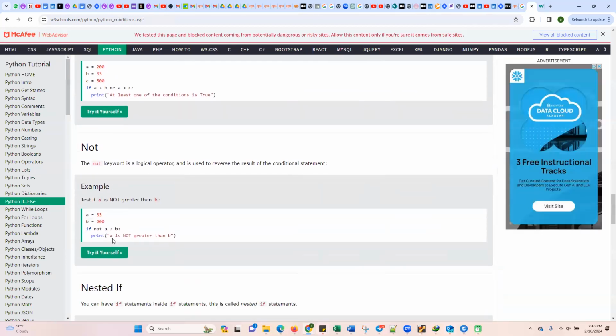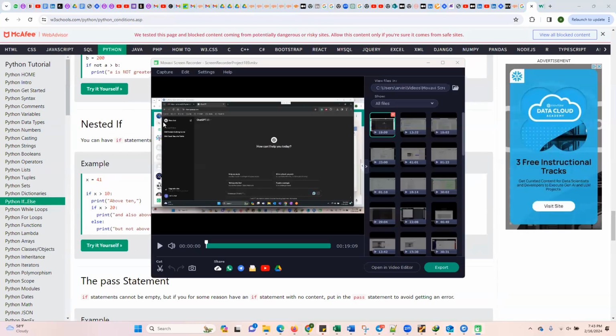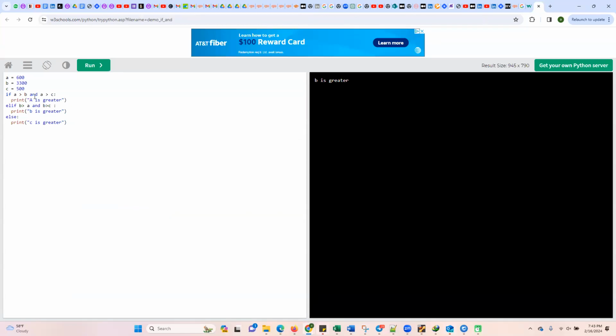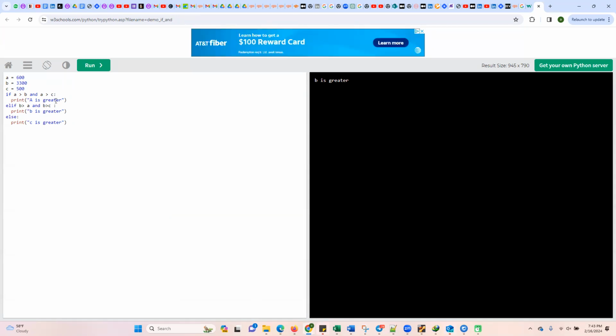Okay. And the or operator, not operator, nested if: one if condition, then a second if condition. So the same thing we can write with a nested if also. How can we write a nested if? Suppose I say A is greater than C. First I check A is greater than B, and if A is greater than B,